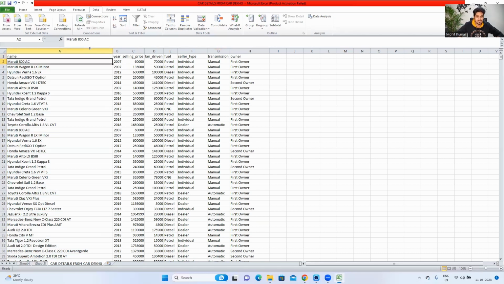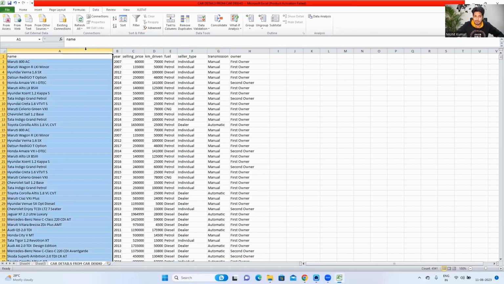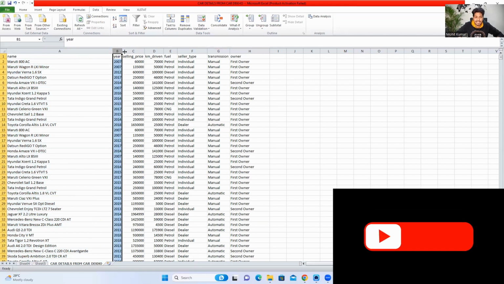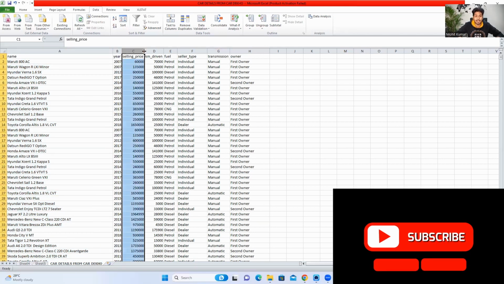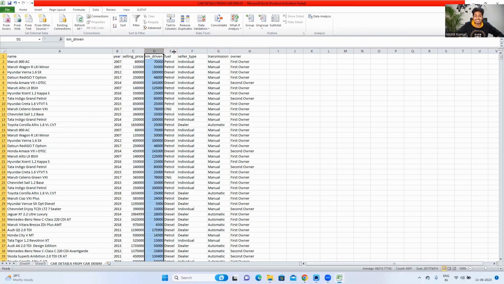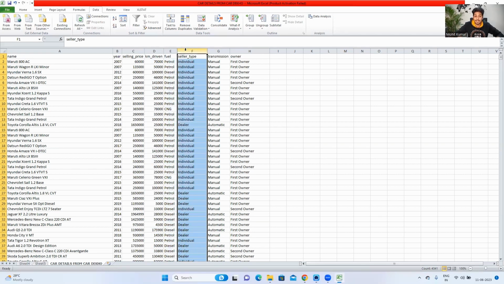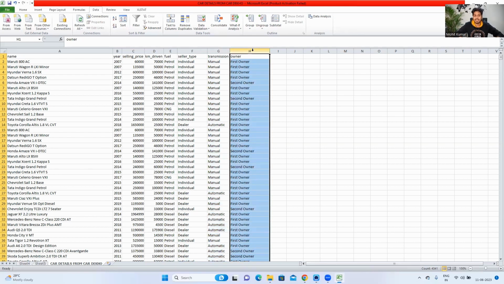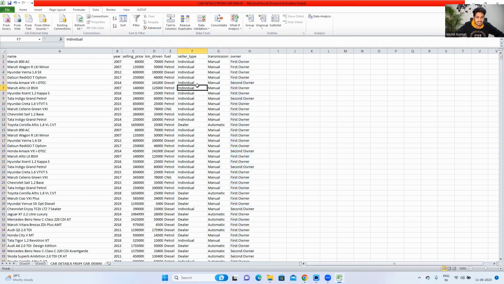Right, so you can see the first column here represents the name of the car, then the manufacturing year, selling price of that particular car, then how many kilometers the car has been driven, then what is the fuel type, whether it is petrol, diesel, or CNG, then we have seller type, individual or dealer, then we have transmission, whether the car is manual or automatic, and the final one is owner, where we have first owner, second owner, third owner, and like that. Right, so this is the data set on which we will see how we can calculate